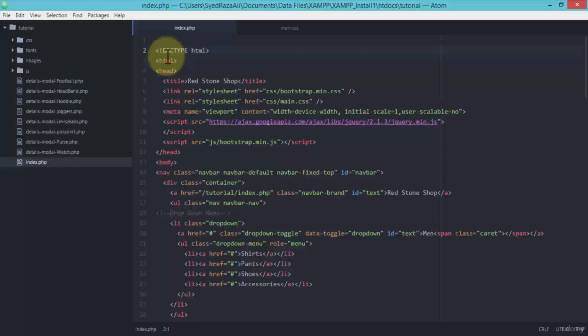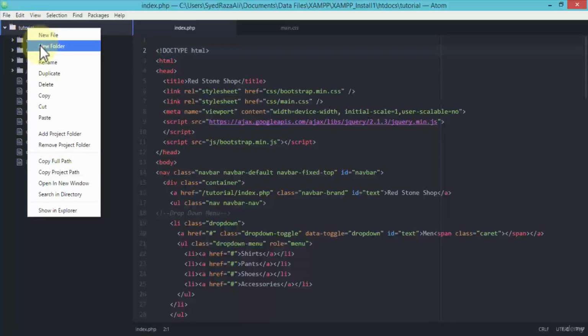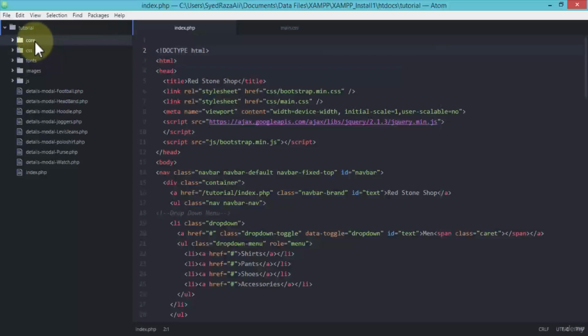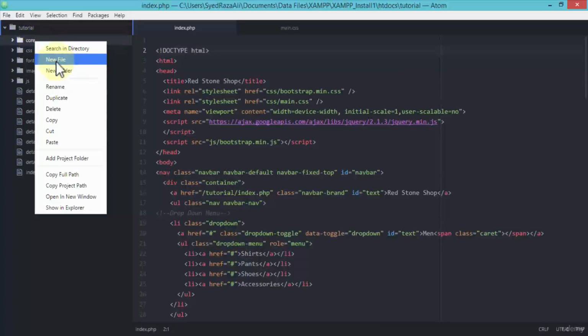The easiest way, as I recall from earlier lessons, is to simply create the code and place it in one of the folders, and of course call the code within the index.php. This is much simpler, and I'm going to do the same. So simply right click on the tutorial, and I'm going to create a new folder. I'm going to call it core, for instance, and within my core folder I'm going to create a new file. I'm going to call it